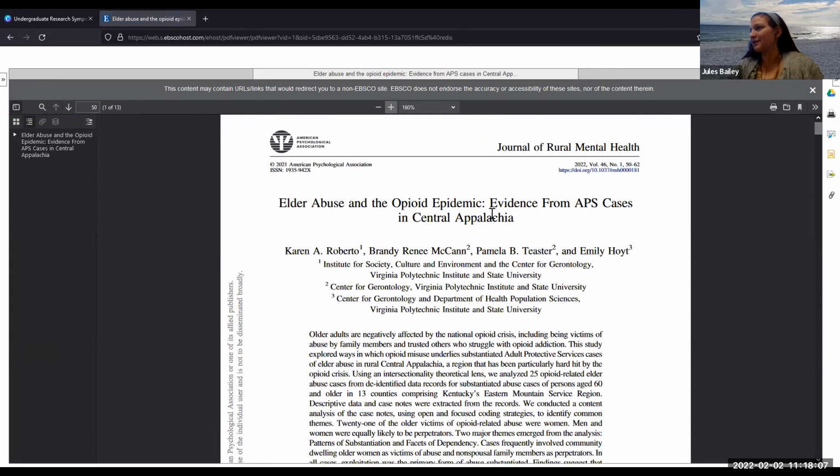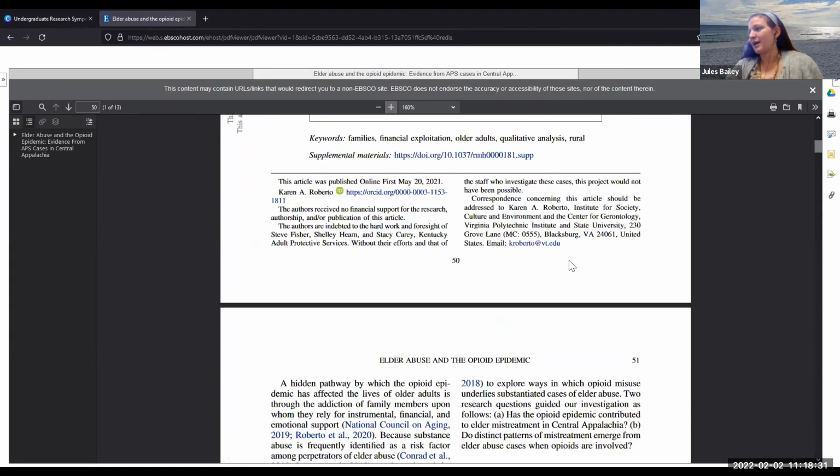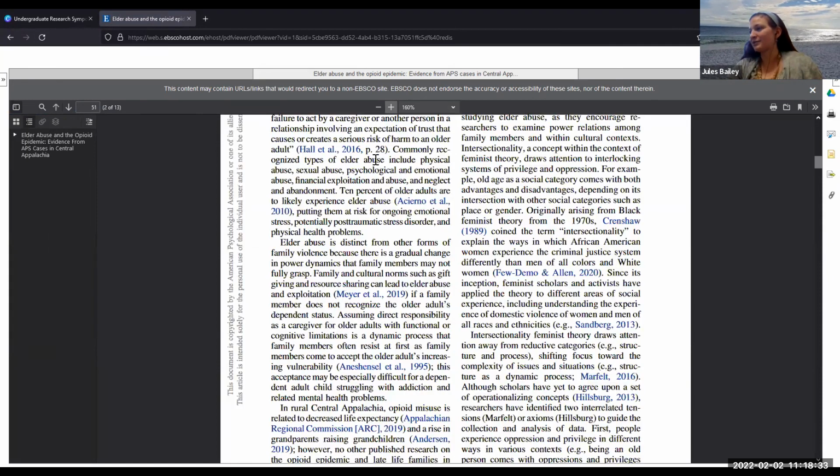So here we have our title, here we have our authors. This right here is the abstract, or brief summary. So we can see a professionally published, peer-reviewed journal article does have an abstract, a brief summary. It's very important. Whether you're doing something for your undergraduate research symposium now, or if you go into a field where you're publishing in the future, you are going to have to write an abstract. After that, we have our